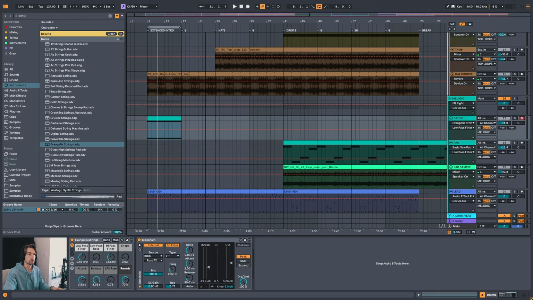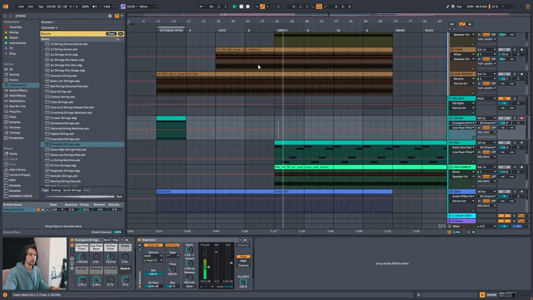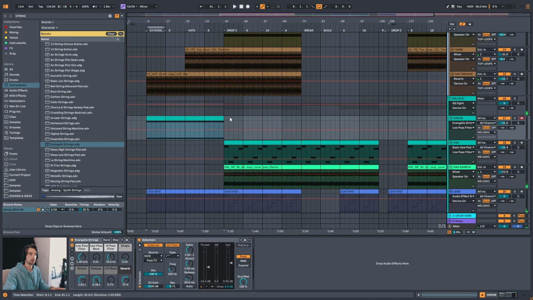How long is their drone, or what's their drone doing? Let's listen to it. It's kind of quiet there. Okay, so it's weaving in and out. That's nice. It might even be going on during the whole drop section too, but